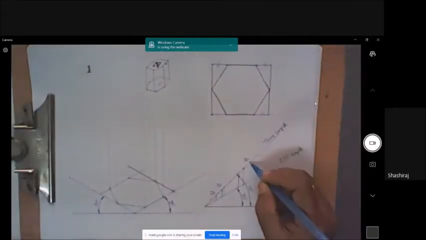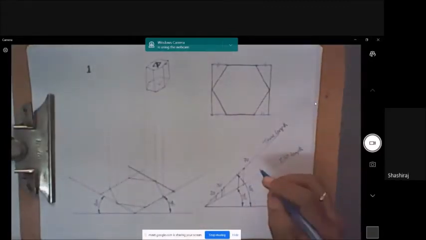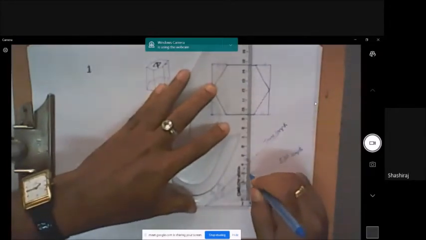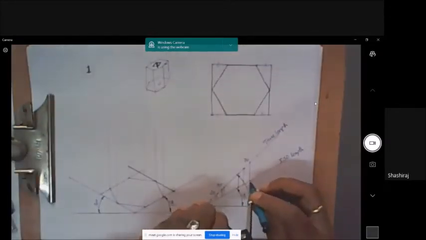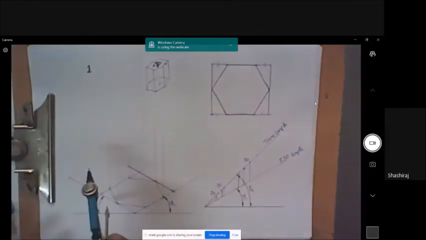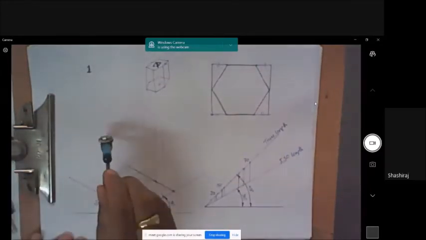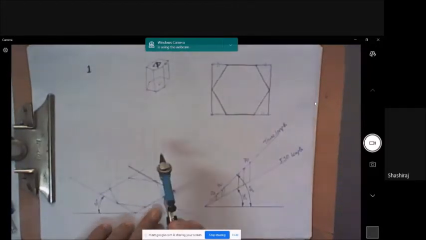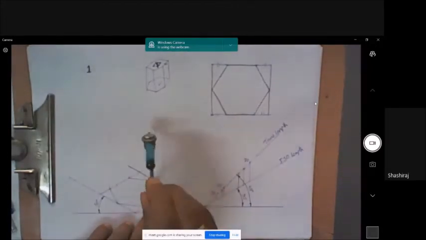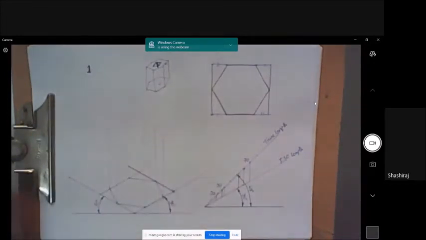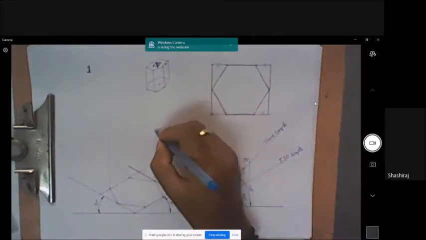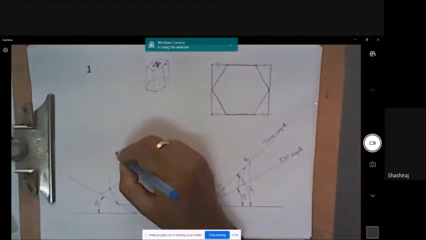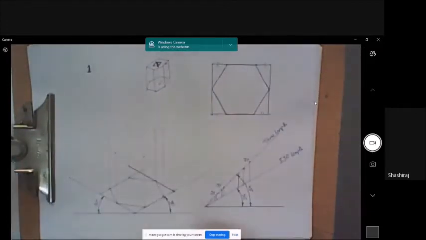The height is 70, so I have to draw a vertical line there. This is ISO 70. And mark it on all these lines. I'm marking one point here, second point here, third point here, fourth point here, fifth, sixth. So I got the corners of the top face of the hexagonal prism. You can join them to get the top face.